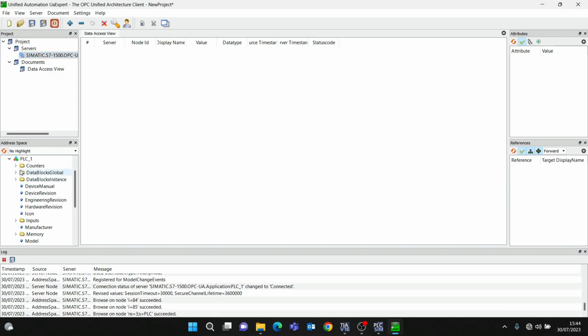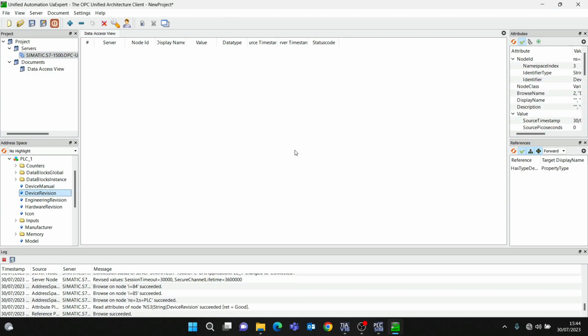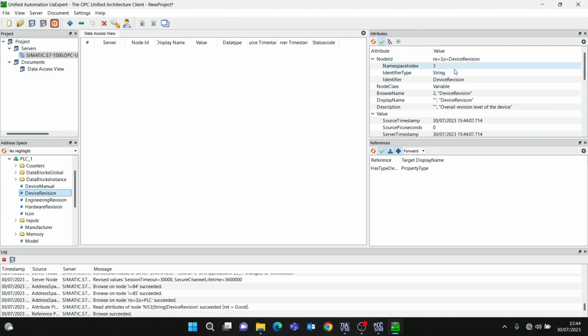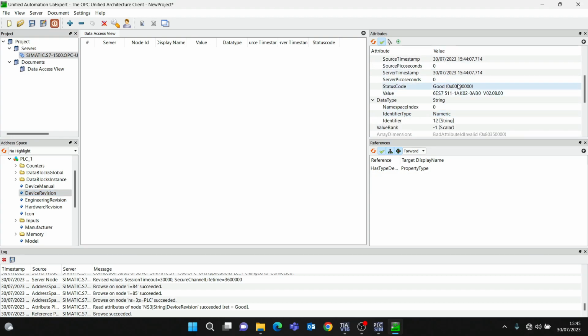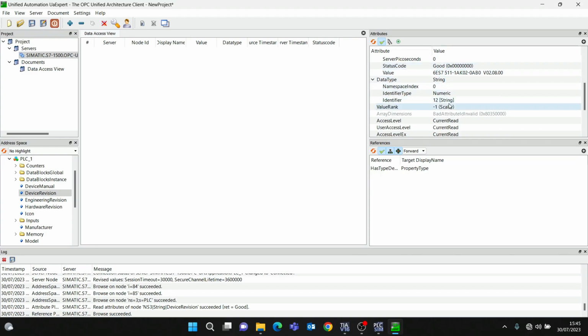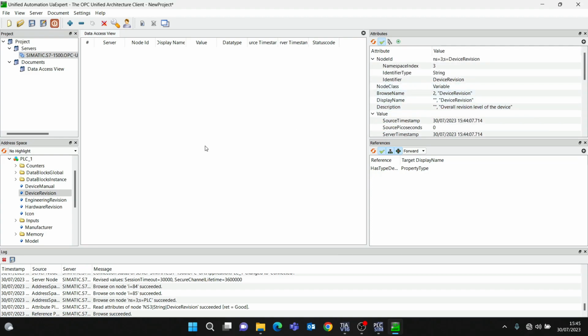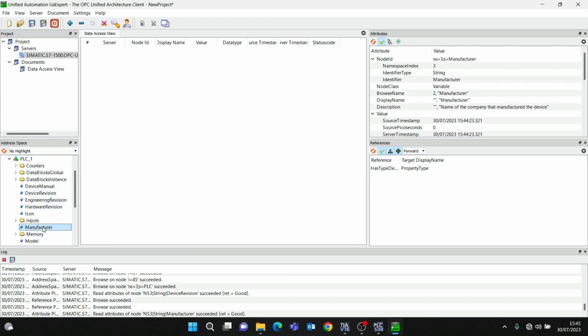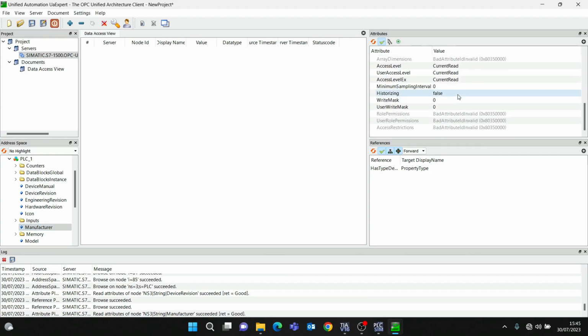So with OPC UA, you can read so many things. You can see the device, the nodes, the device, the timestamps, if it's good or bad. Then you can look at the manufacturer, name of the company and manufacturer the device. There's no name. We can edit it. So many things you can do here. You can also look at the